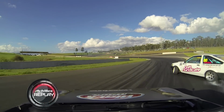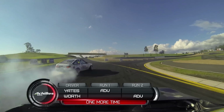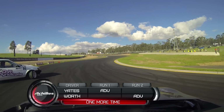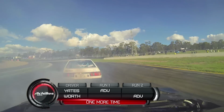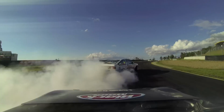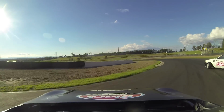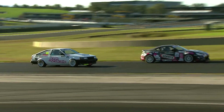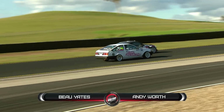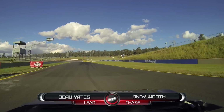Definitely. As we head to the replay here, you can see both of them right in that outside clip, moving in just as they need to, and the judges giving the advantage to Worth there, as he deserves. I think Worth's line is much superior through here. Look at him hit this inside clip here, and on the quick transition, seeing through the smoke into that inside curb and just where he needs to be. Nice. So Andy Worth pushing Bo Yates the whole way and earning himself a rerun, so they've got to do it all over again, which means Bo will do the